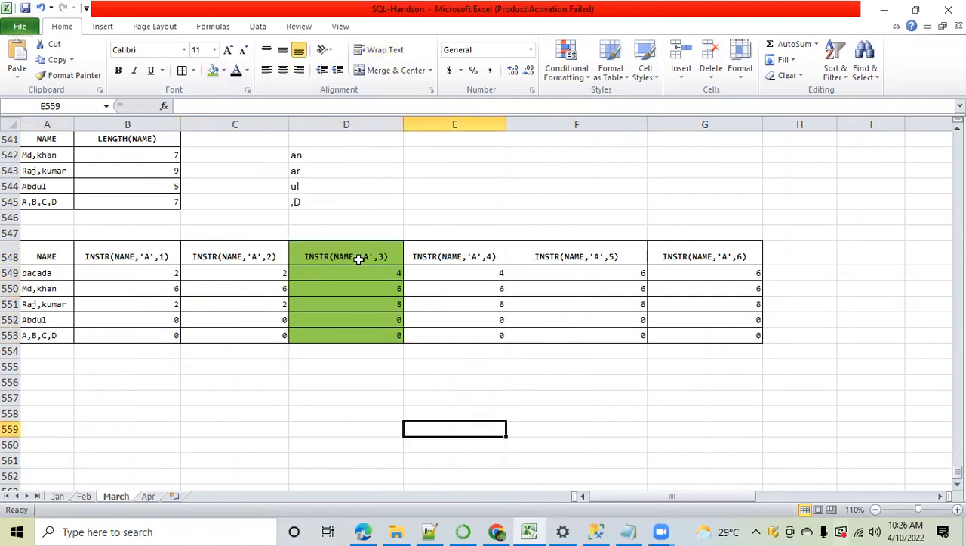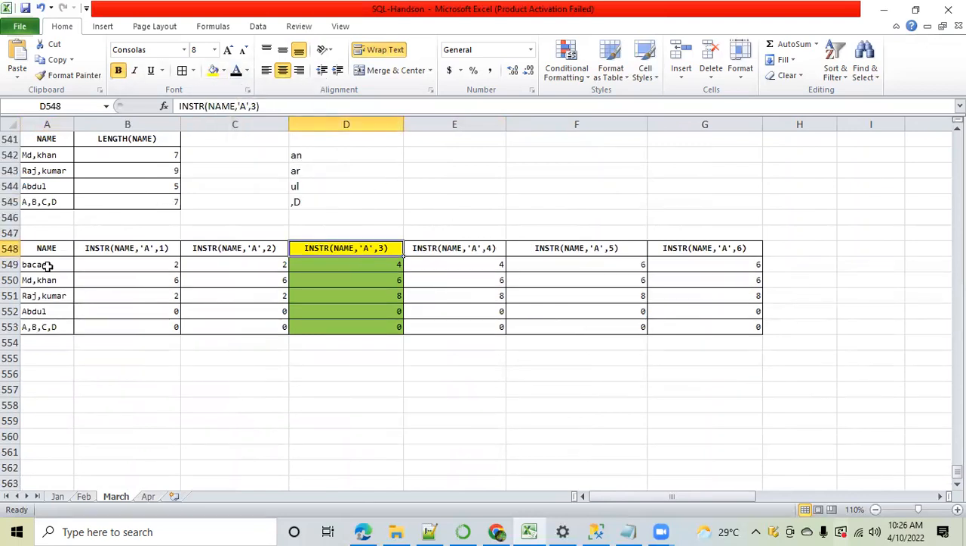If I have written name, comma, a, comma, 3, okay, and please stop me if you have not understood. Don't always say yes, I understood. Name, a, comma, 3. One minute, let me change the color here. Okay, a, comma, 3. So in this, I am telling SQL